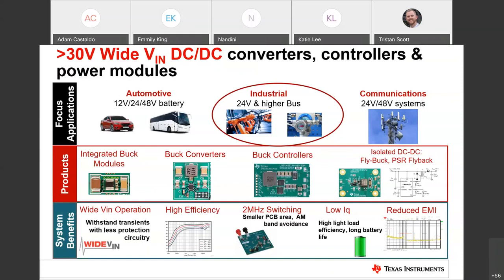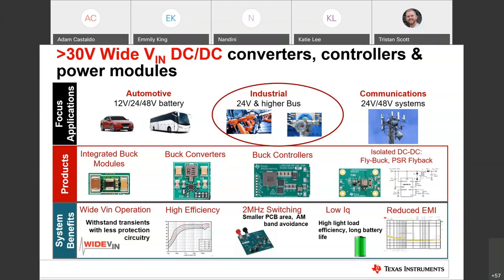We offer varying levels of integration, with the least being the controllers, and the most being the buck modules having the integrated inductor, and of course the converters in between with the integrated FETs. We also have an isolated DC-DC flybuck and PSR flyback portfolio, but we're not going to go too much into the isolated portfolio today. And our focus markets or applications for WideVN are automotive, industrial, and communications.